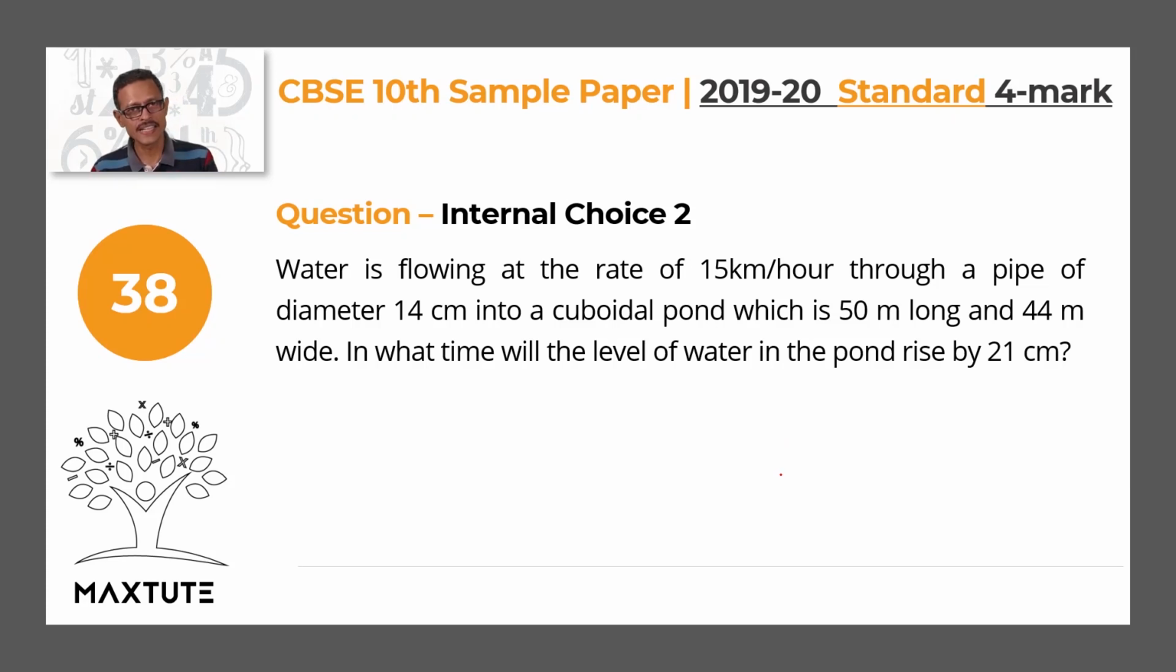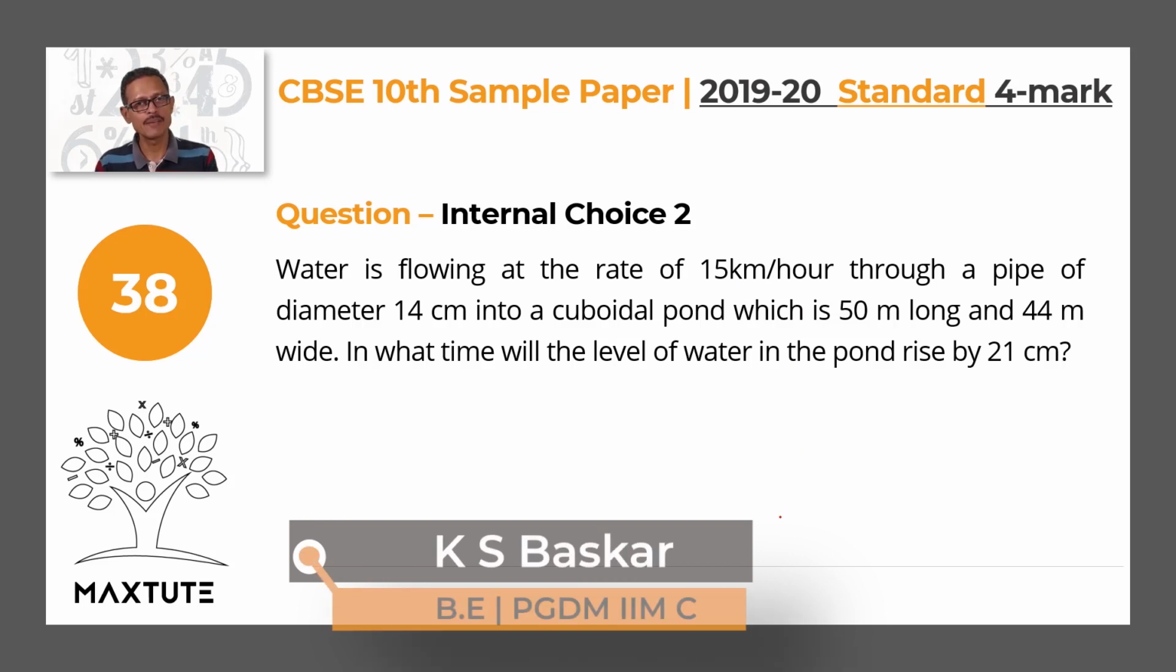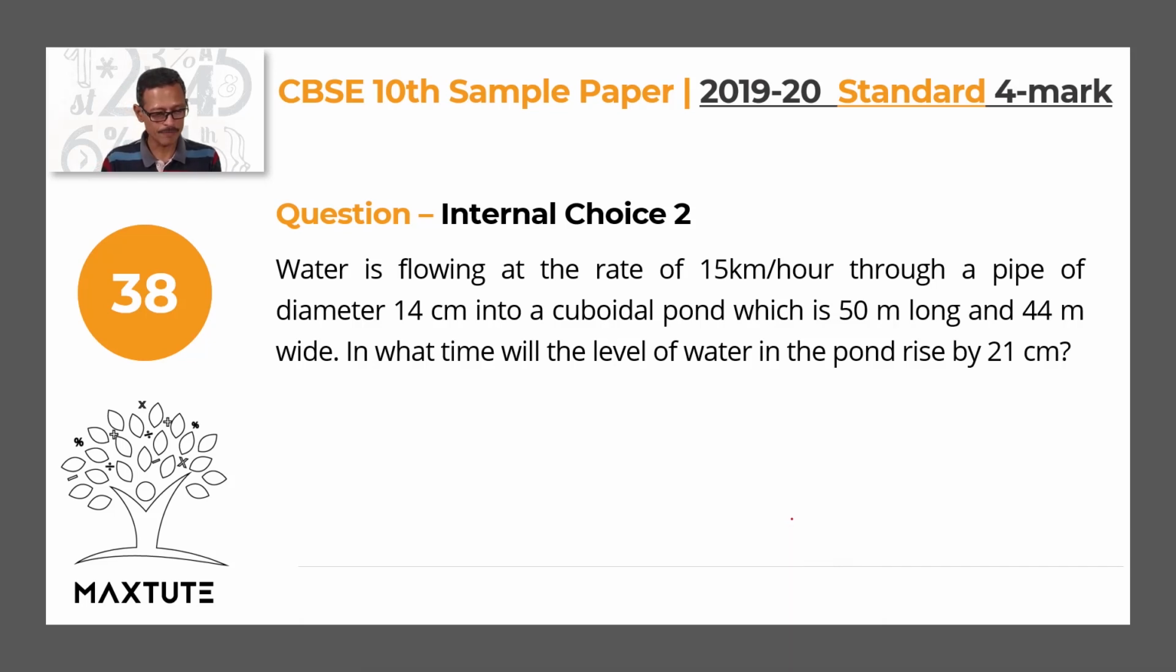Let's look at the second alternative. This question deals with finding out the volume of cuboid and volume of cylinder. Water is flowing at the rate of 15 kilometers per hour through a pipe of diameter 14 centimeters into a cuboidal pond which is 50 meters long and 44 meters wide. In what time will the level of water rise in the pond